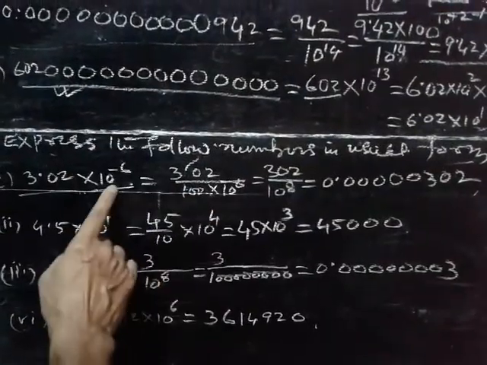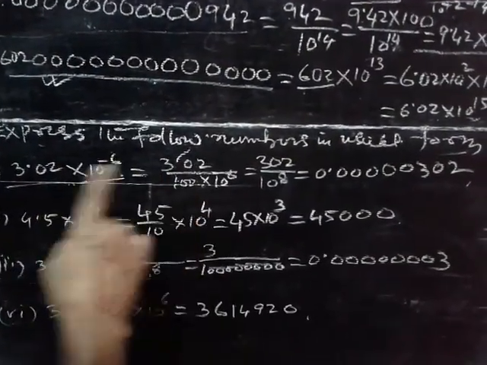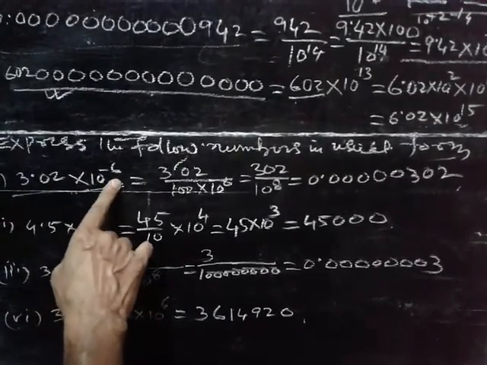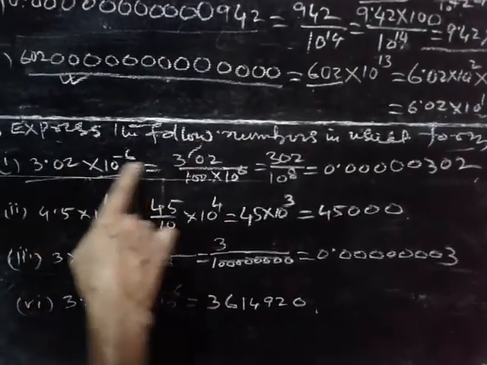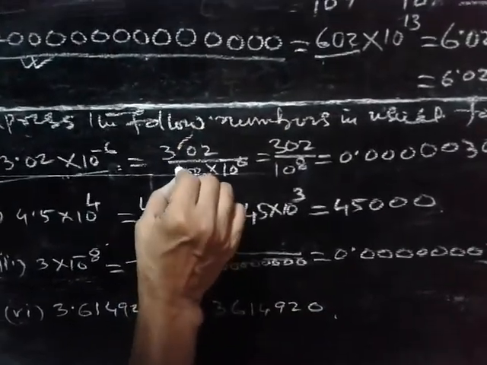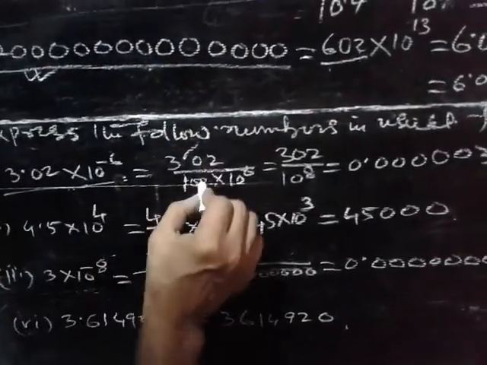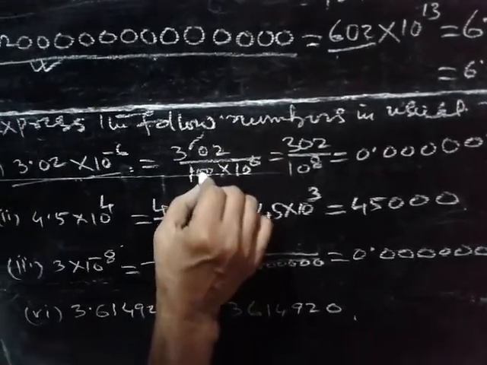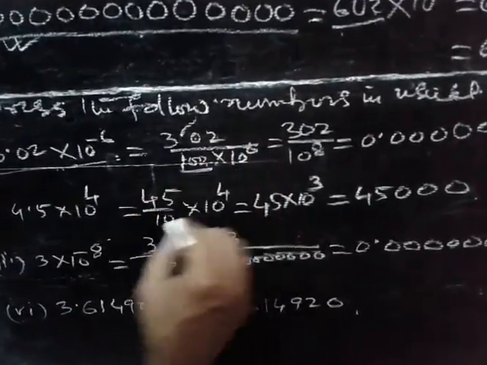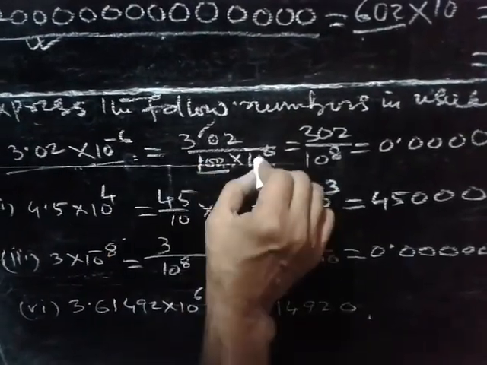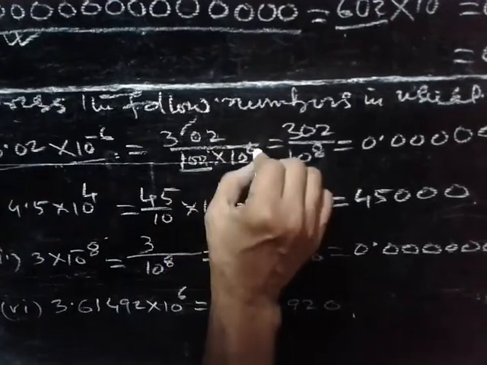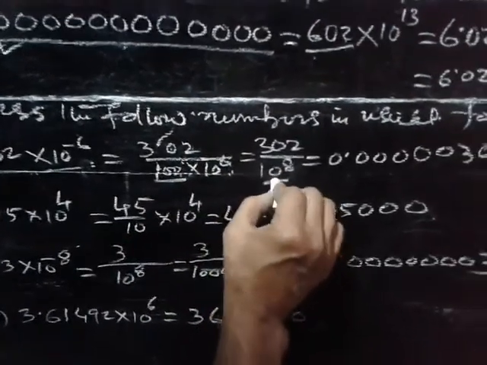So we have already shown this. That is 3.023 into 10 to the power minus 6. 3.023, we wipe out this decimal with the help of 1, and 2 digits are there, 2 zeros are there. So this is 100, that is 10 squared. It is here minus, that is 10 to the power 6. So it is coming 2 plus 6, that is 8, 10 to the power 8.